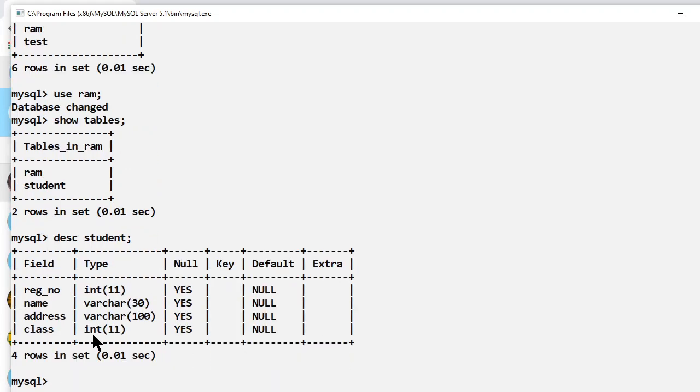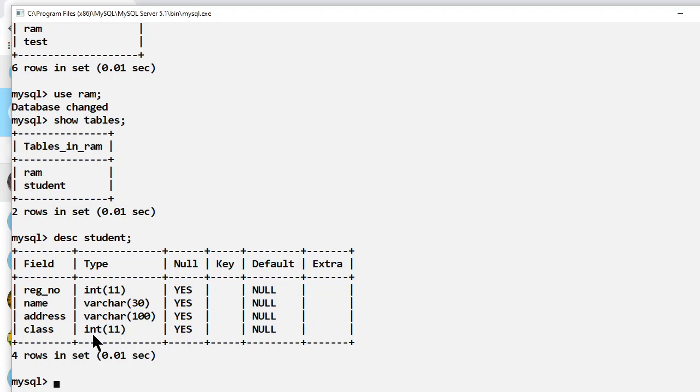It will give the whole description that there are four columns in the field. One is registration number, second is name, third is address, and fourth is class. It is also showing the data type. Registration is having integer data type, name is having varchar data type, address is having varchar data type, and class is having an integer data type.